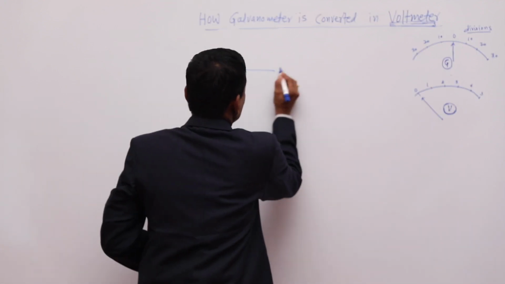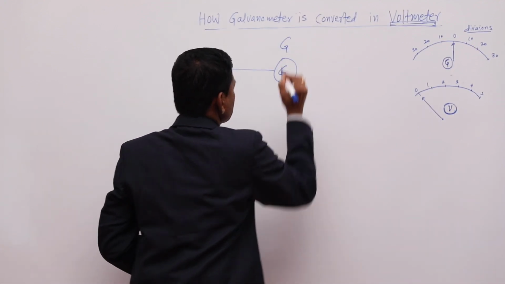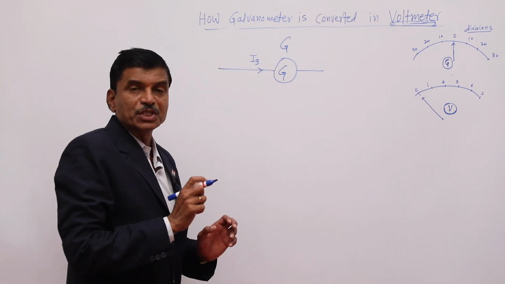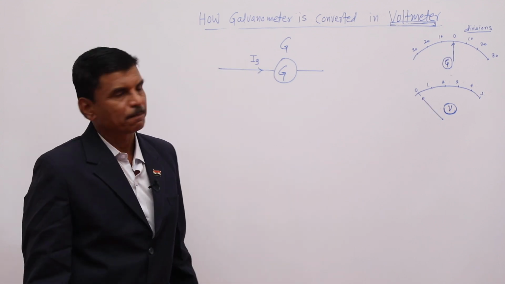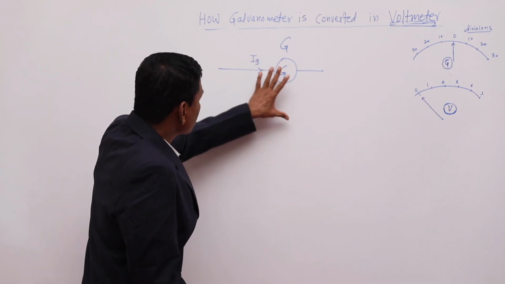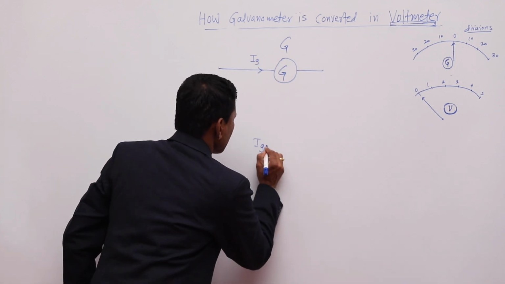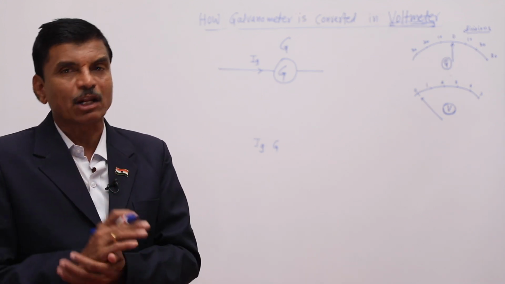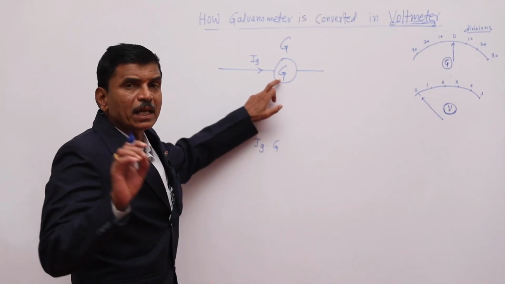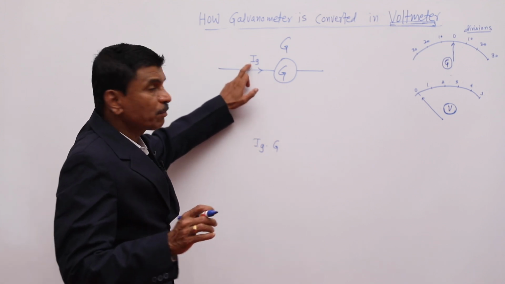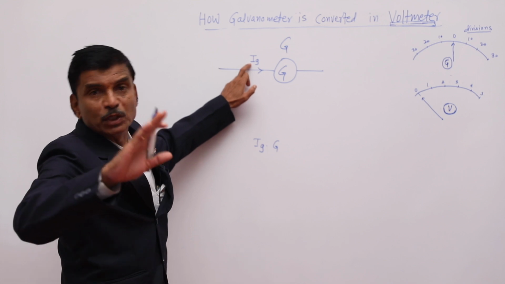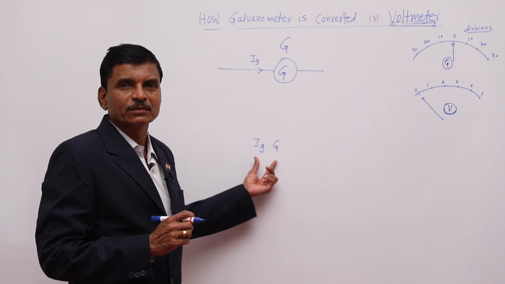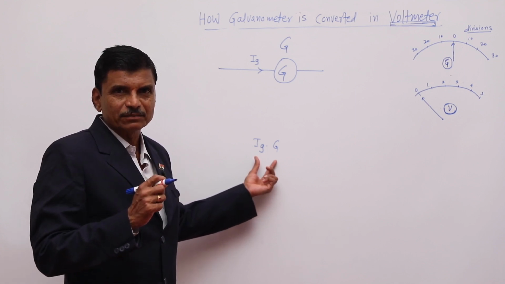See, this is our original galvanometer having resistance G, which carries a maximum current Ig, for which it gives full scale deflection. So how much potential difference can we now measure? That is equal to Ig into G. That is the potential difference that can initially be measured by using the direct galvanometer. But this galvanometer is very sensitive. It gives full deflection for a small current. That means it gives full deflection for a small PD. Then how can we measure a large PD? Large PD cannot be measured.